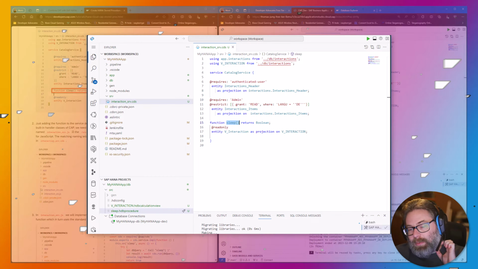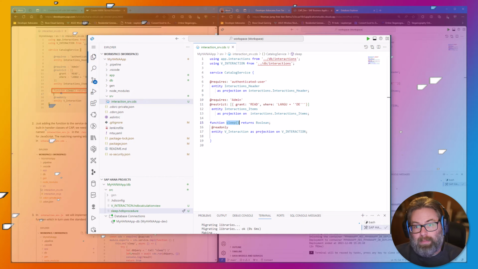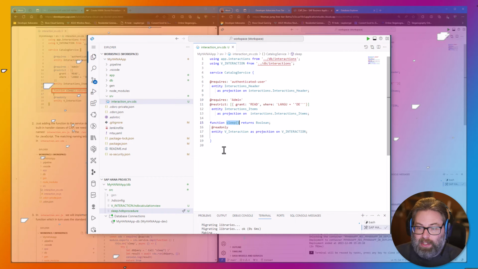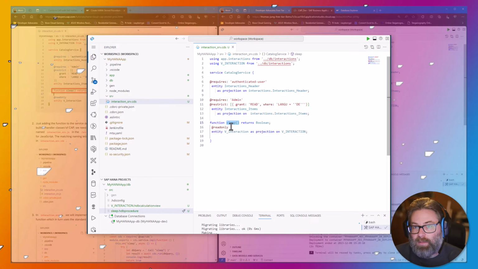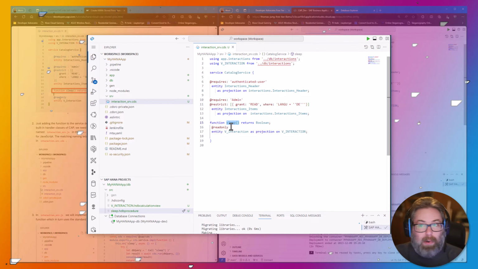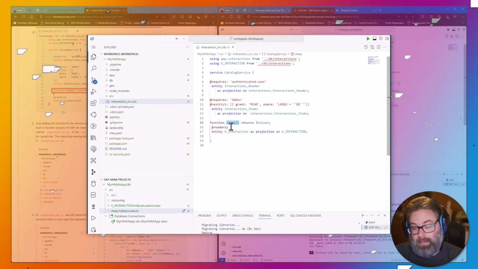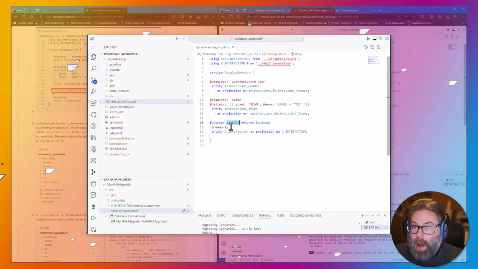So what we need is some JavaScript code that the Cloud Application Programming Model can execute automatically when this function occurs. And from that JavaScript code, we could completely implement this function in JavaScript, or we can call down in the database, or we could call out to another system. It's completely up to you how you want to implement such functions and actions.